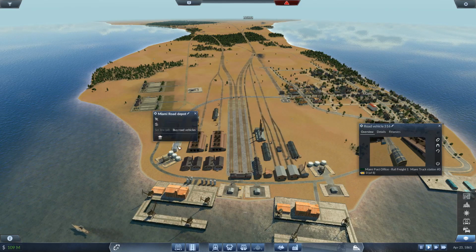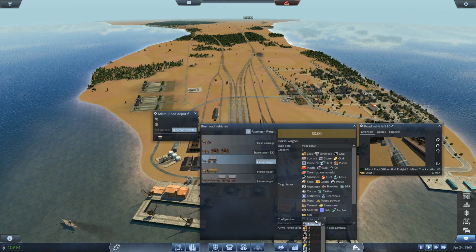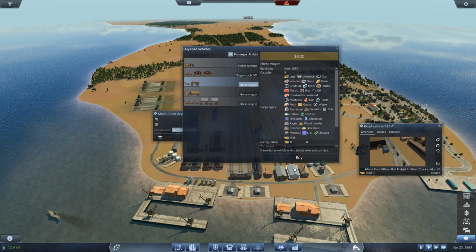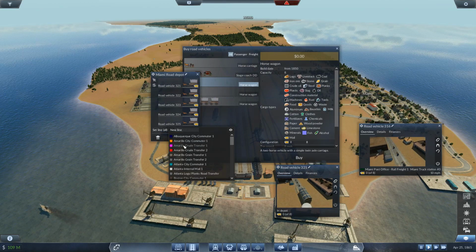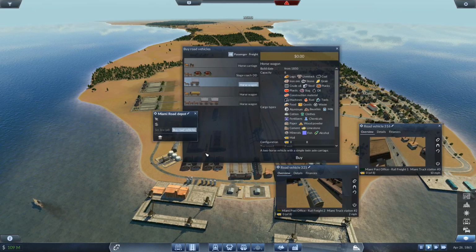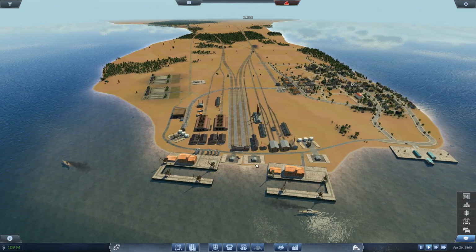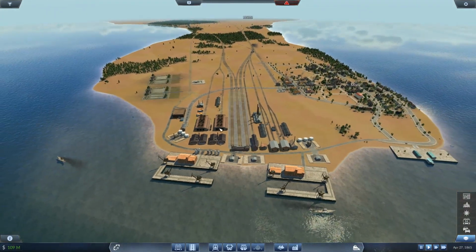And we're going to have mail only. Pull this up. Mail only, 1, 2, 3, 4, and 5. Set line is going to be Miami Post Office 2. There we go. Now, we need to get a train that takes post from here, possibly also tools from here,